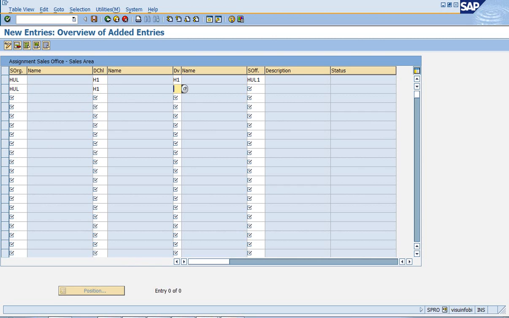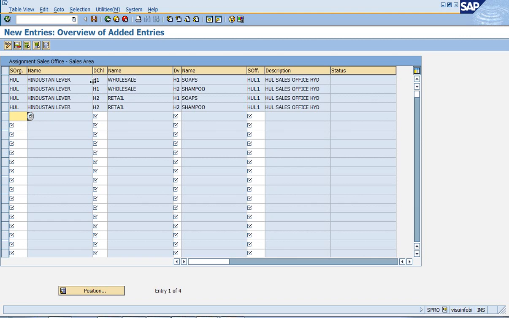HUL, H1, H2, HUL1. HUL, H2, H1, HUL1. HUL, H2, H2, HUL1.